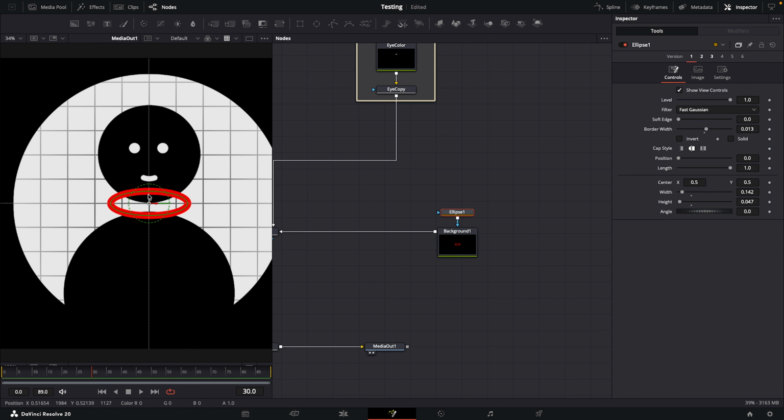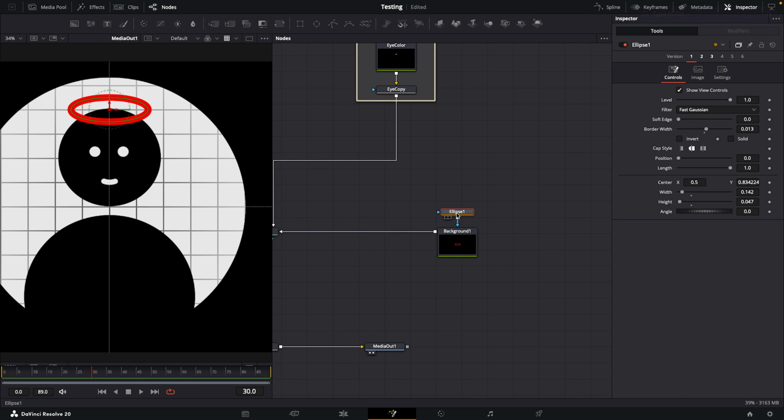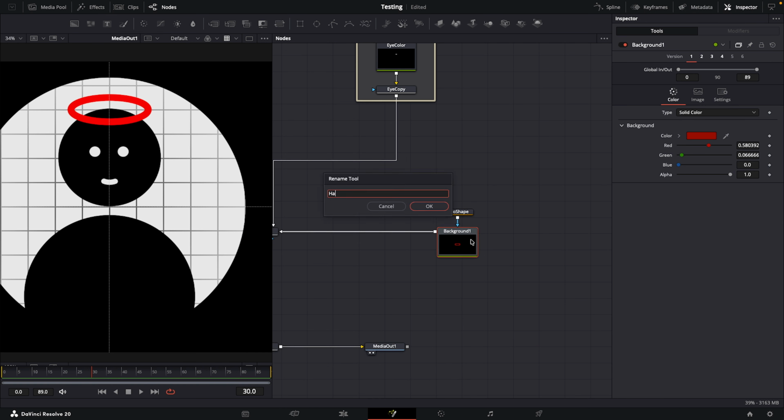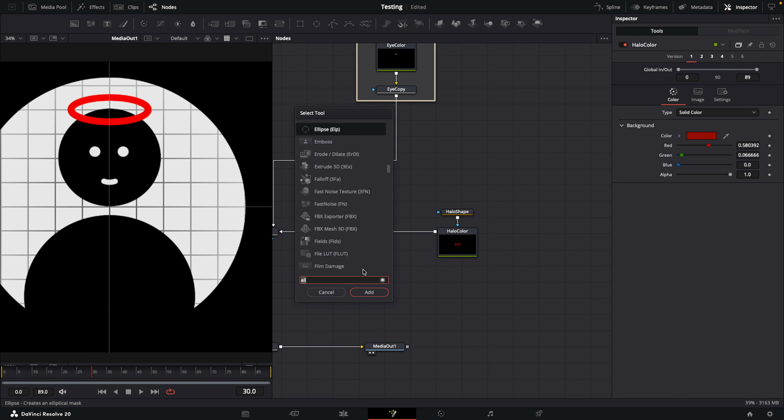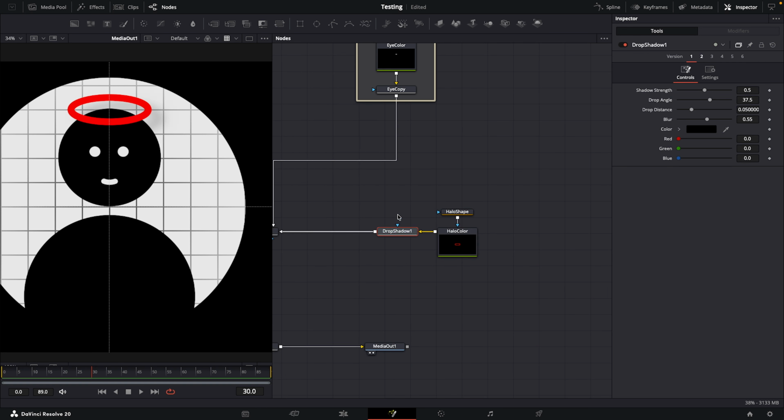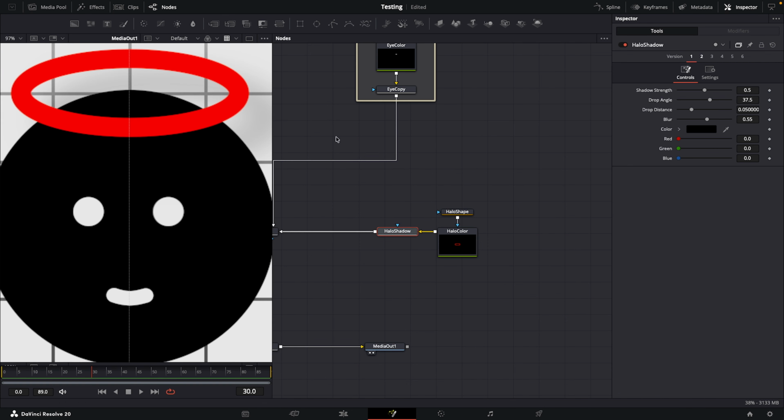Then go to the ellipse and drag it up just like this until you're happy. Then what we can do is rename the elements. So this is the halo shape. Here we have the halo color, and here we're gonna add a drop shadow. I connected right here. This will be called the halo shadow, and here we can zoom and adjust the shadow